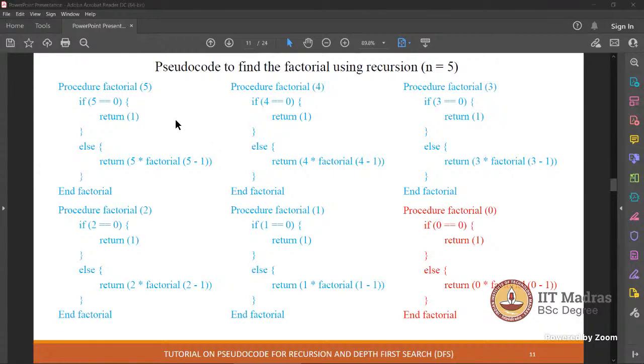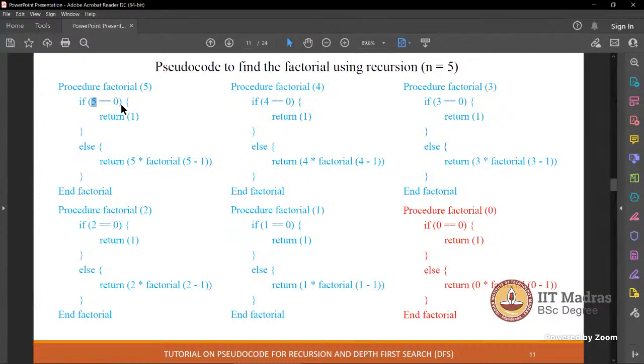When you say some variable, as we have seen earlier, let's say n is equal to 0, ultimately n is 5. So internally, the computer is not comparing n with 0. The computer is comparing the value of n with 0, which is 5 in this case. So there is nothing wrong in doing this.